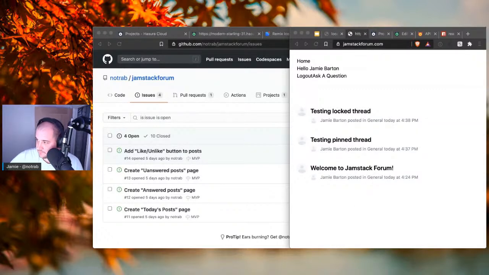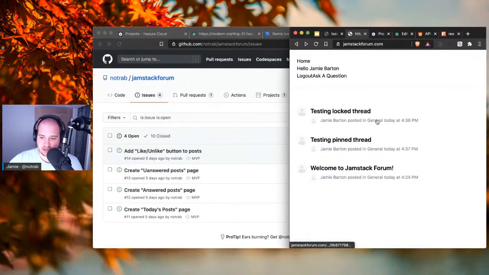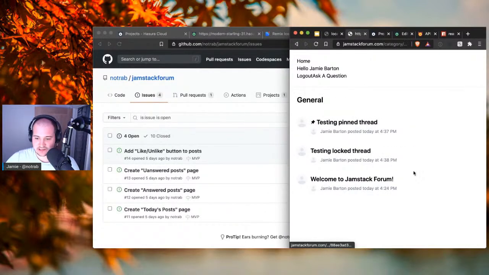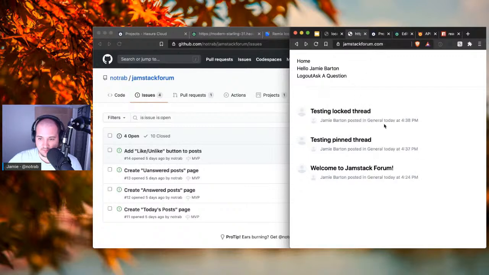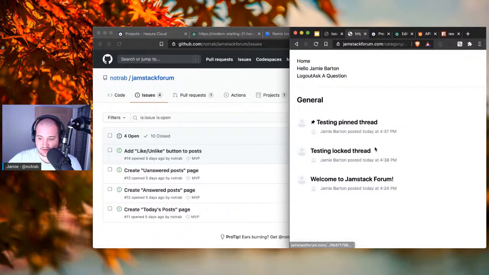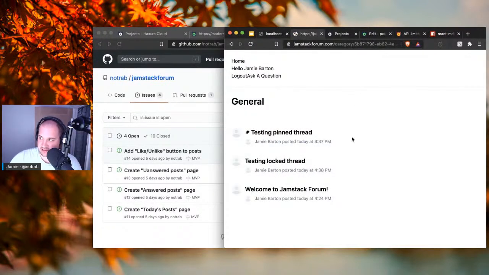There we go. What we did earlier on is we created the category pages for the forum. So when you click on one of these categories, it goes to the URL with the category ID, and then it displays everything. Now, when I deployed this, I noticed one thing that maybe needs improving, something we discussed briefly and I decided not to do, and that was to